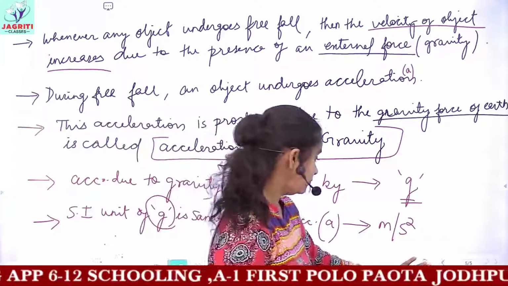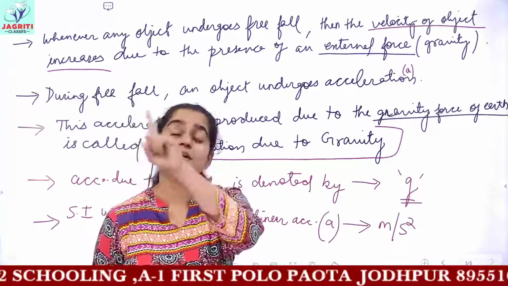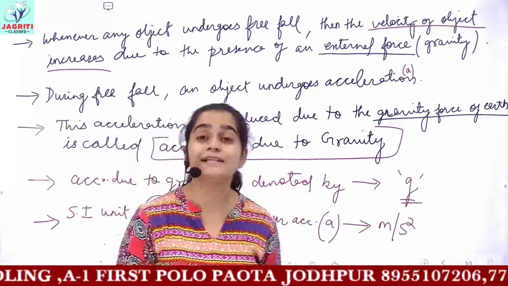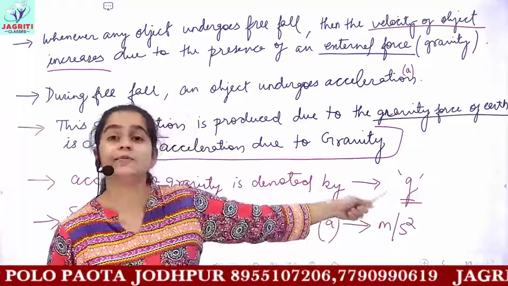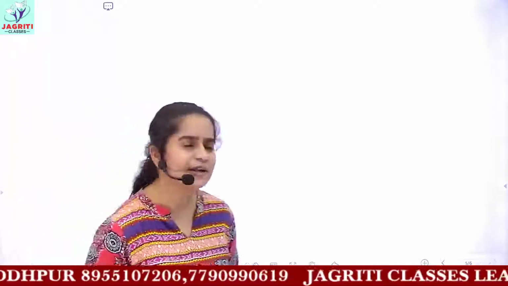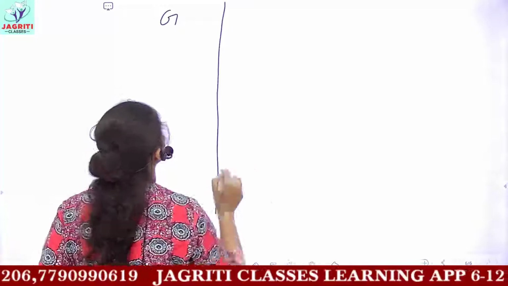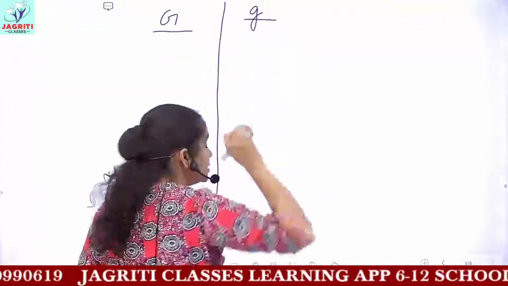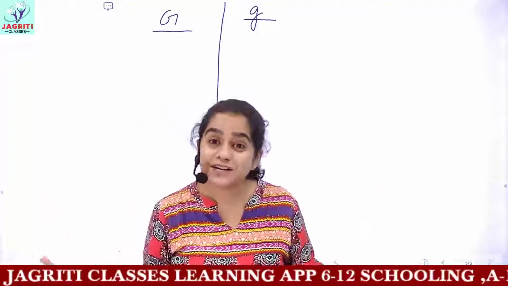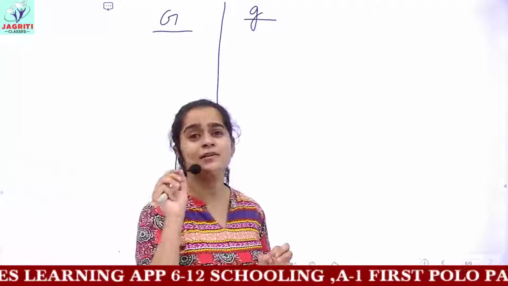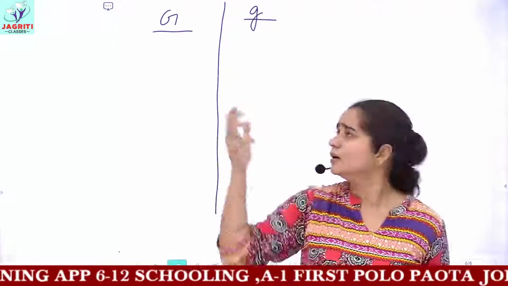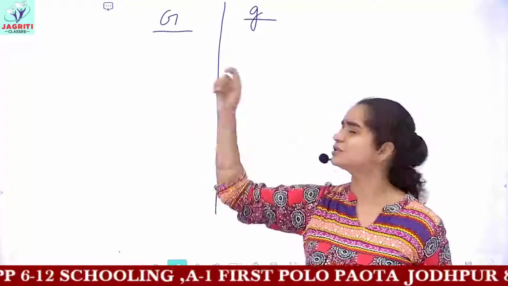So now we have discussed two quantities. One we discussed in our earlier class: the universal gravitational constant, represented by capital G, and here you have small g. Many times you get a question, because the student remains confused: what is the difference between small g and capital G? These are in fact very different terms. If your concepts are clear, it will be easy to define these terms and write the difference.